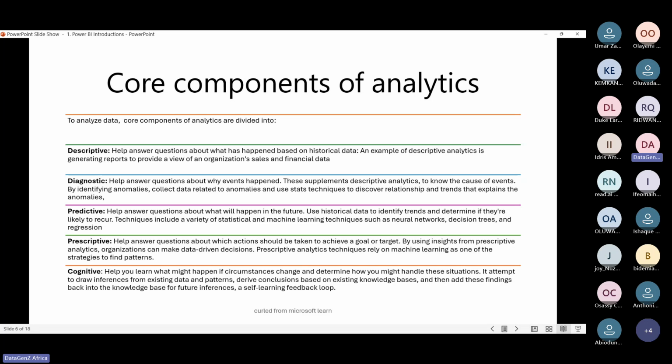Now, in the process of making predictions, there are some key indicators, some key factors that actually affect your prediction. So when you're doing your prescriptive analysis, you're trying to find out what those things are that affect our predictions, that affect our target. When you're doing that, you're doing your prescriptive analysis. So you're using your insight from prescriptive analysis to make decisions. Okay, for example, with that PS5 example, when you're doing your prescriptive analysis, probably the key factors